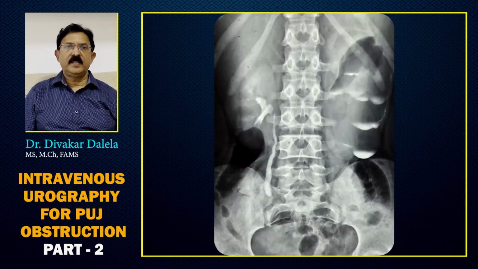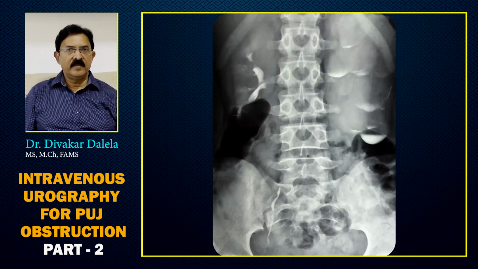In this patient, some films of intravenous urography have been done in a standing position, and you see now, instead of layering towards the bottom, here they are layering in the inferior part of the calyx because the patient is standing, giving a saucer kind of appearance in these films.